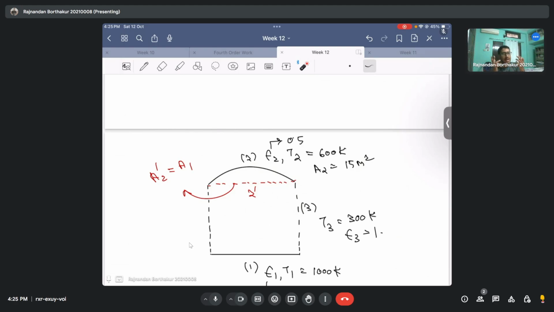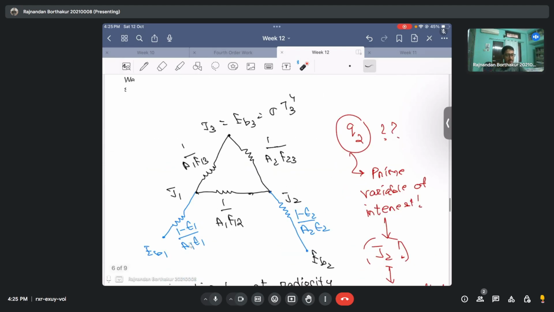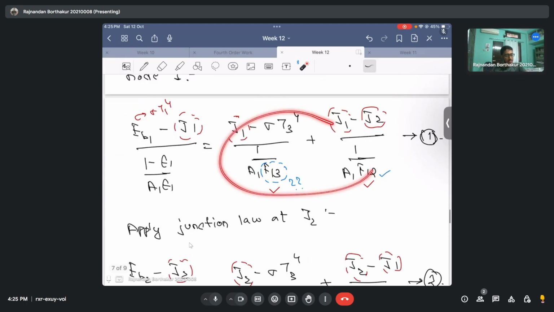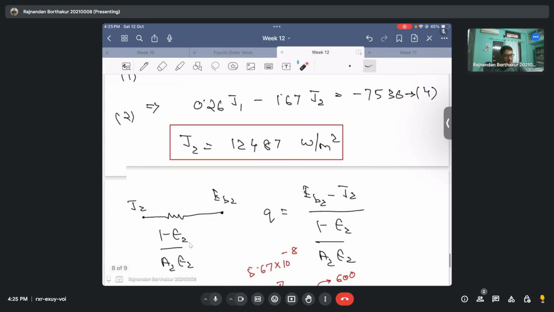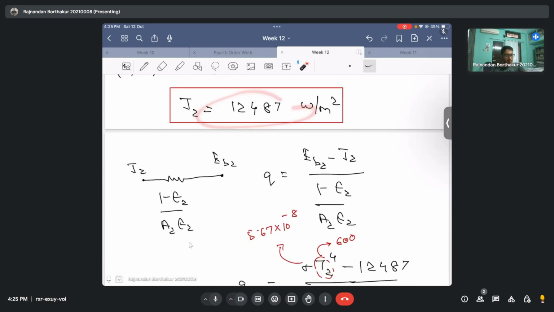f23, which is nothing but the actual view factor corresponding to the radiation leaving the actual surface 2 that is striking surface 3. Once that is done, we were basically required to solve two equations, this equation 1 and equation 2, and then find out the radiosity J2. Once this radiosity is known, you can